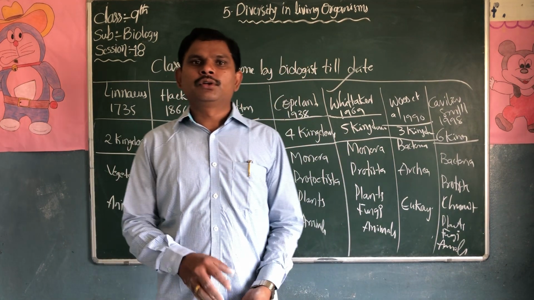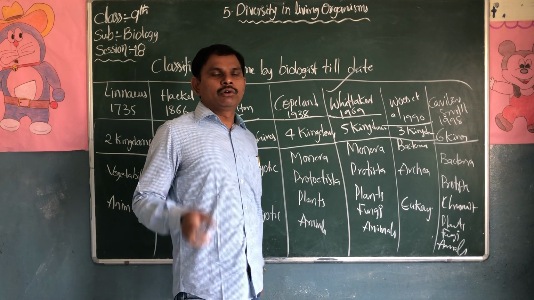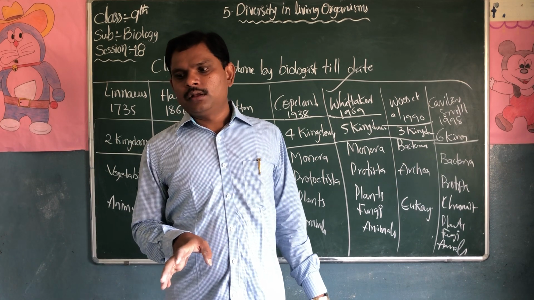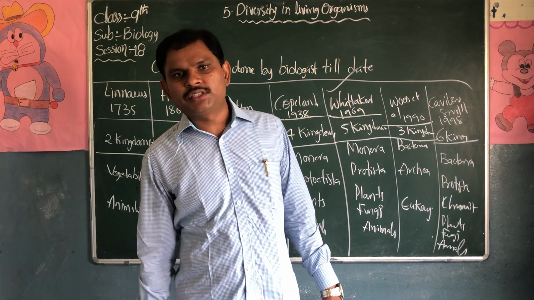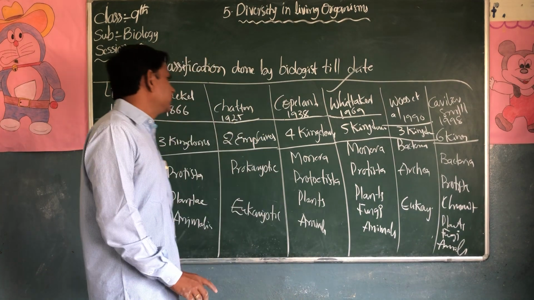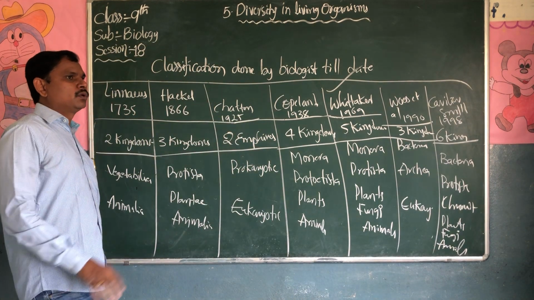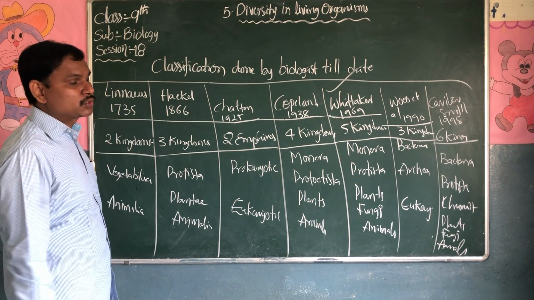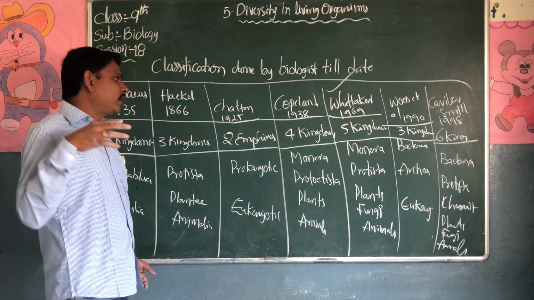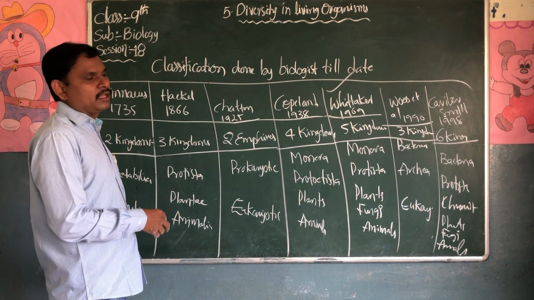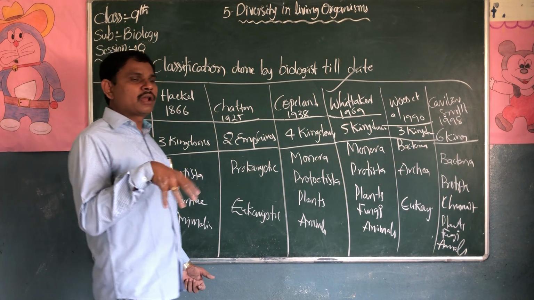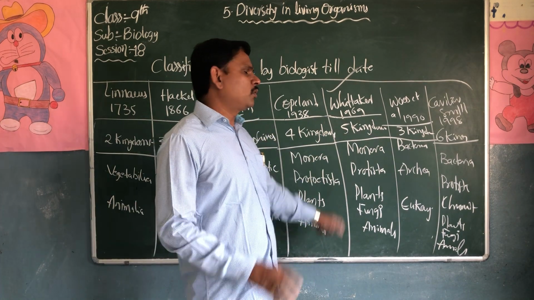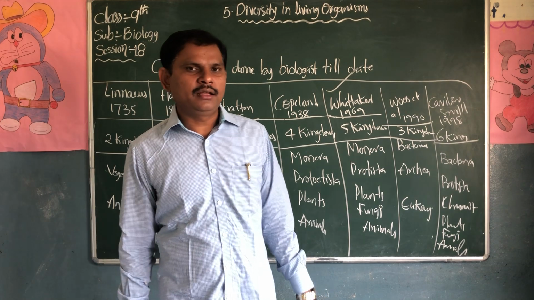Okay students, today's homework is 2 questions. One is to write, once you read, the need of classification, which is the most important. The second is to write this table. How many kingdoms were divided by Linnaeus? 2 kingdoms. Whose first division started, by which scientist? Linnaeus in 1735. Now we are following which scientific classification? Whittaker, that is 5 kingdoms: Monera, Protista, plants, fungi and animals.